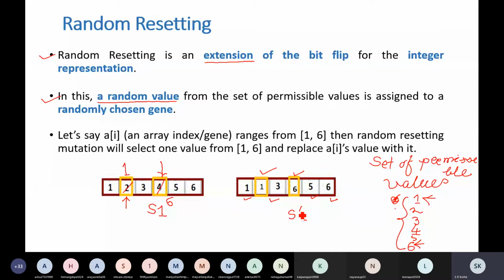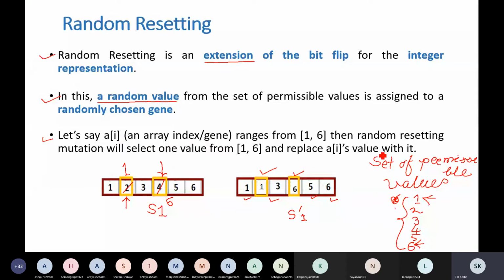Okay. So this is how, if your representation is integer representation, a bit flip kind of mutation technique can still be implemented by using random resetting. If you talk in terms of your code, what has to be done? Suppose A[I], an array index, where A is the array and I is the index, ranges from 1 to 6.